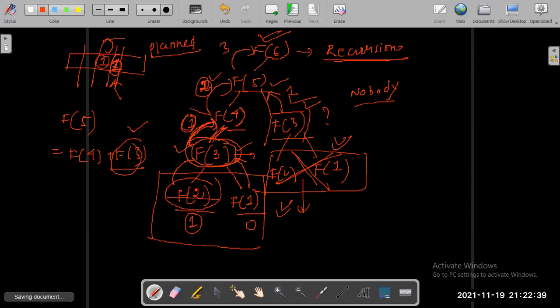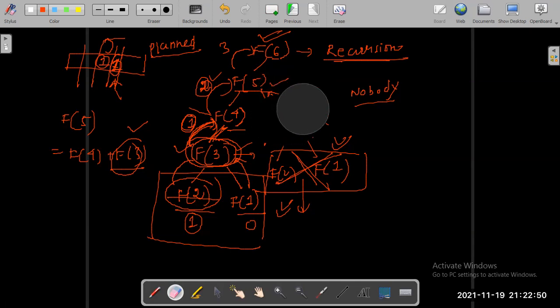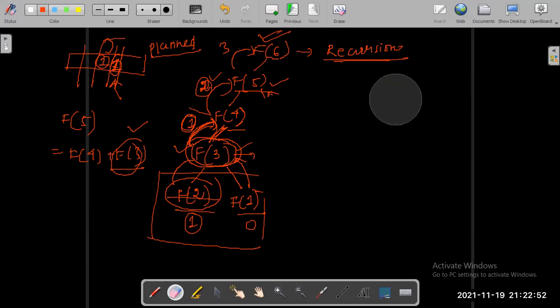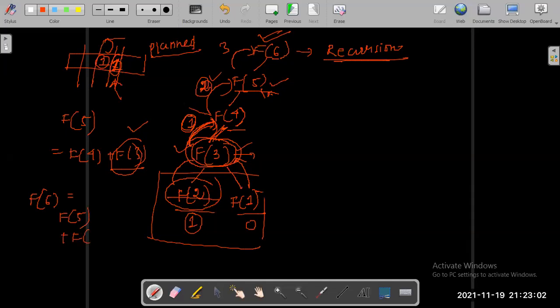Now tell me, based upon whatever we have discussed, once f of 5 has returned 3 to f of 6, what will happen next? Fibonacci of 6 is equal to f of 5 plus f of 4, right?